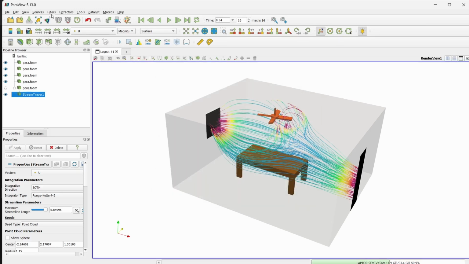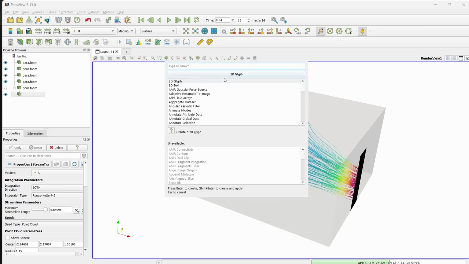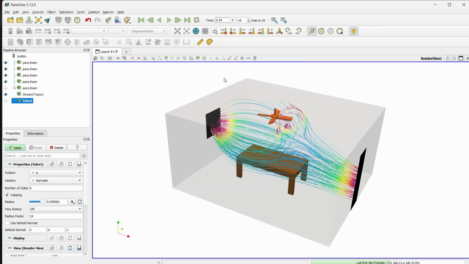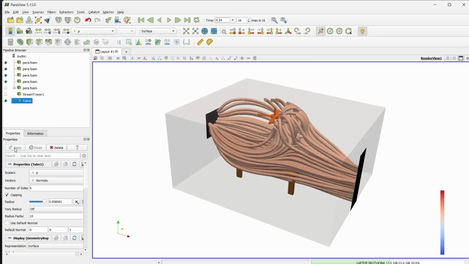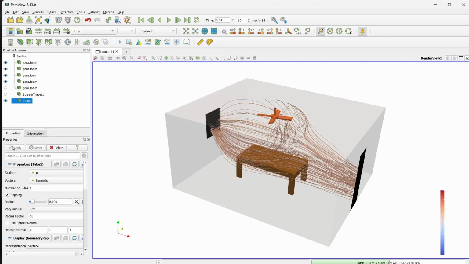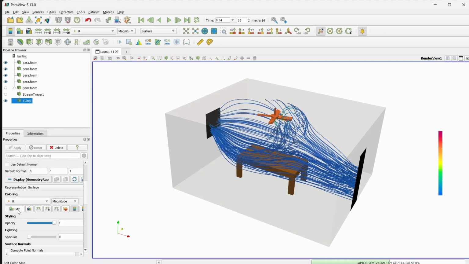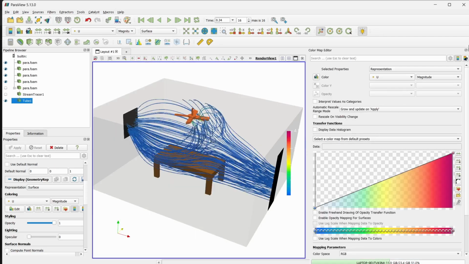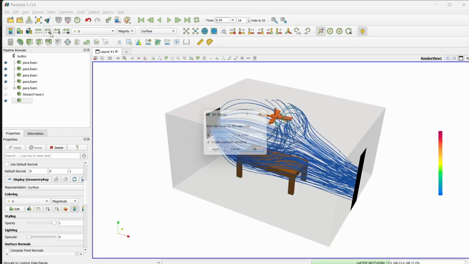But I like to do something extra. Go to filters, search on tube. Okay, and click on apply, and just make the 0.005 or slightly bigger, 0.008. Yeah, and change this to velocity, or again the same thing. You can choose this rainbow and custom data range